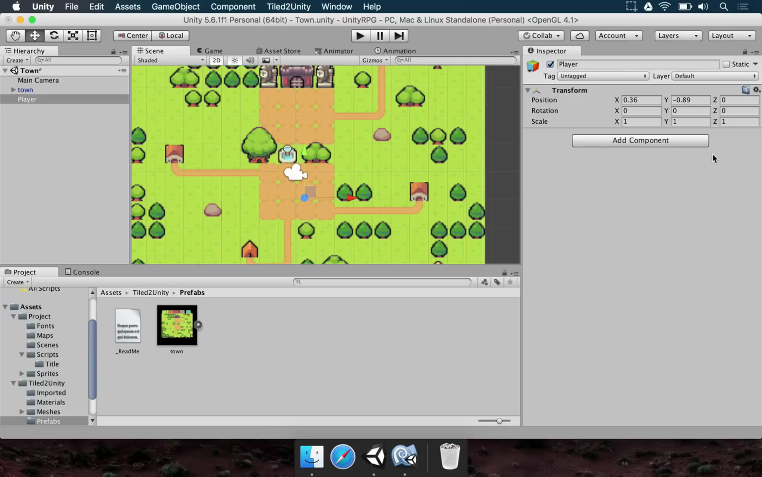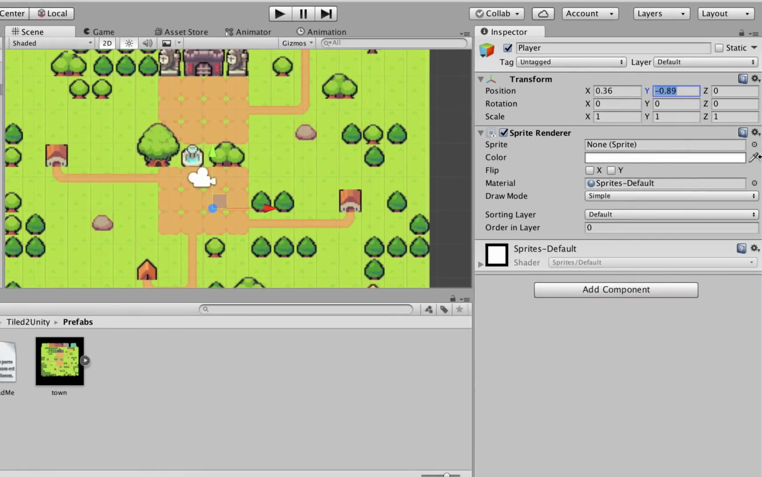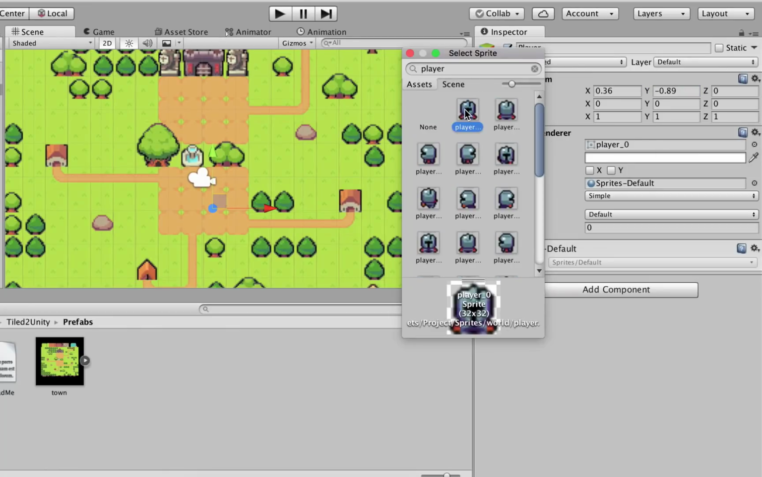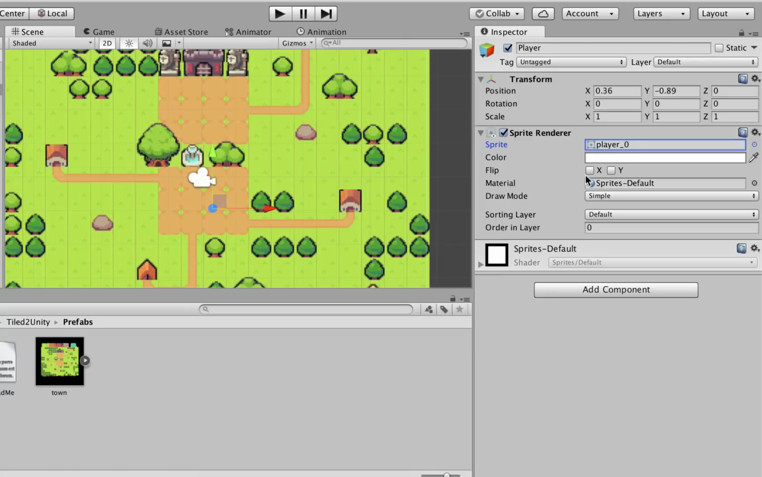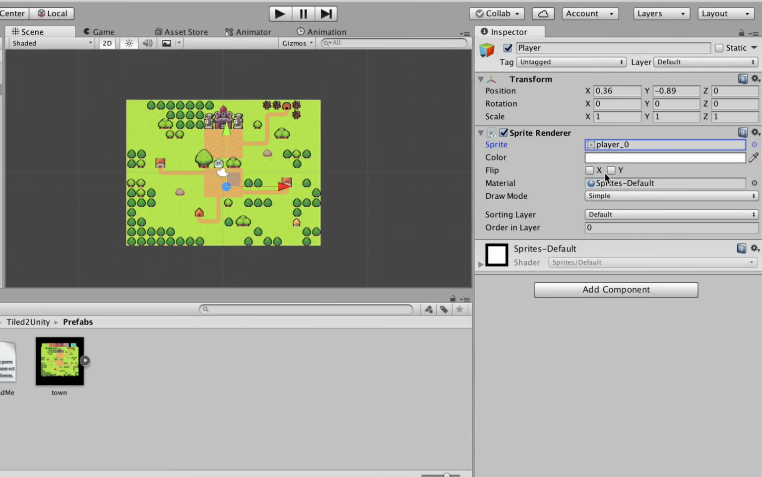Okay, and this player is going to require a few components. First of all, we need a sprite renderer. When we add this, we need to select a sprite. So I'm going to click here, search for player, and we can use the first player sprite, which is this one. Okay, so now that we have this player sprite, we also need to add a rigid body to